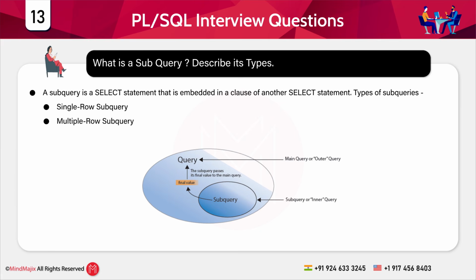And if you talk about the types of subqueries, here you have the single row subquery and multiple row subquery. Single row subqueries are queries that return only one row from the inner select statement. And single row comparison operators are equal to, greater than equal to, less than equal to, and so on. Multiple row subqueries are queries that return more than one row from the inner select statement. There are also multiple column subqueries that return more than one column from the inner select statement, and the operators here are in, any, and all.